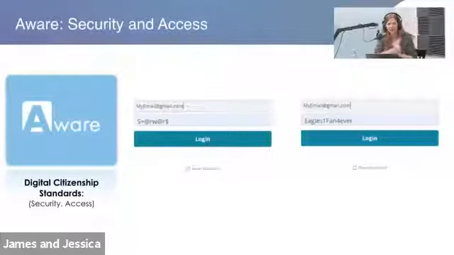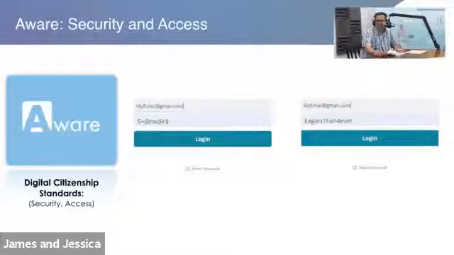So here we go. We have two passwords, and what I want you to tell me, looking at those two passwords, and you guys can put it in the chat too if you want to play along, is which password do you think is the most secure? So this is kind of tricky. So what does our audience think?